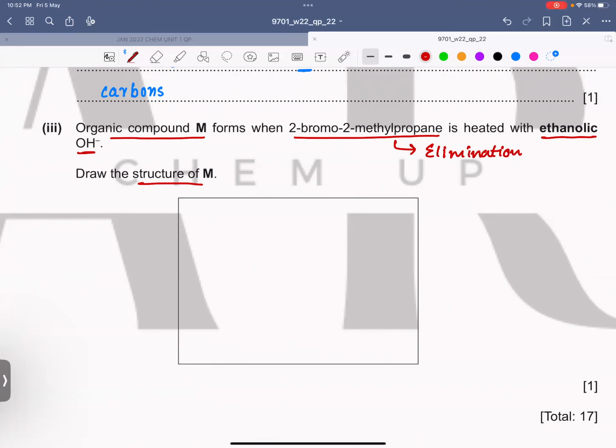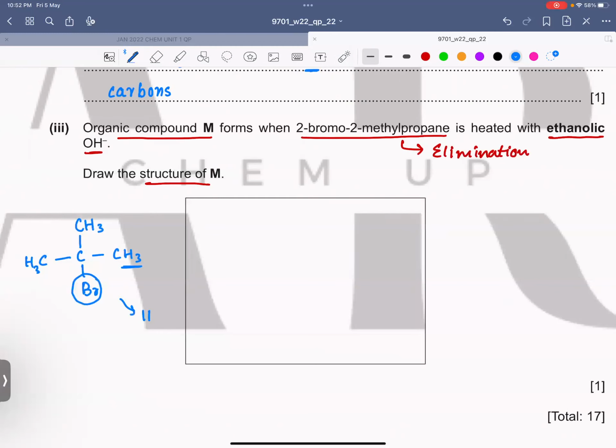With ethanolic hydroxide, elimination would occur. Our compound has methyl groups on all three sides and a bromine here. So bromine from here and hydrogen from any one place would be removed to form HBr, and we are left with